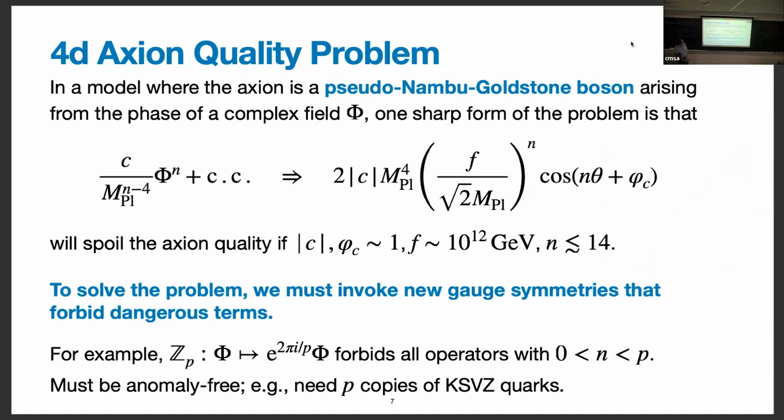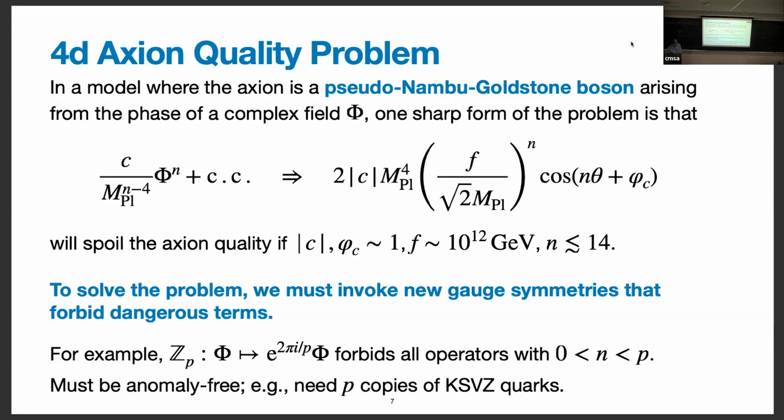You can be more quantitative about it. A lot of the traditional axion models assume it's the phase of a complex scalar field. There's some approximate U(1) Peccei-Quinn symmetry that acts on this that's spontaneously broken, and the axion is a Goldstone boson. And I can just write down operators like phi to the n, why not, and calculate the effective potential it generates. Even if this power of n is very big, and I suppress it by a high power of the Planck scale, I'm fighting against the QCD scale, which is exponentially small, and this additional 10 to the minus 10. This can very easily totally ruin the strong CP problem unless you can forbid all of these operators up to some very, very big number.